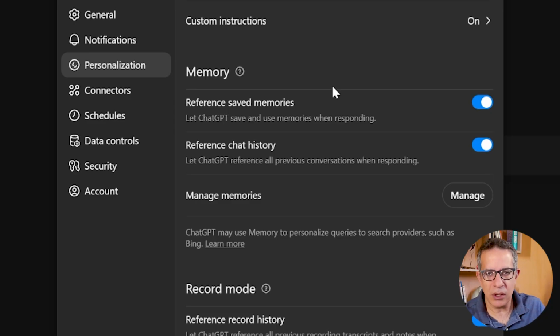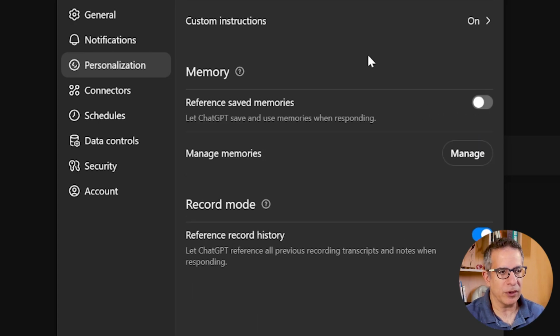So it looks at other conversations and uses that as information, as memory to respond in kind. You can also switch just that off. If you switch referenced saved memories off, which takes a bit of a second, it switches all of its memory, including the one of look at other chats. Let's switch it back on.